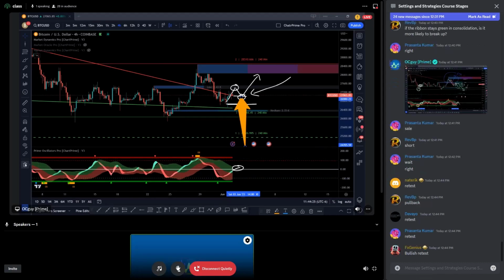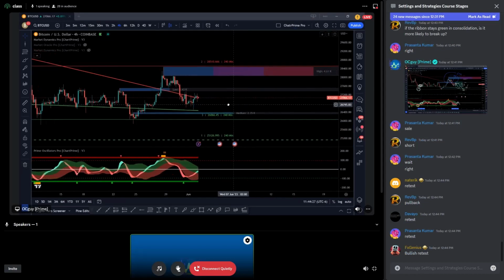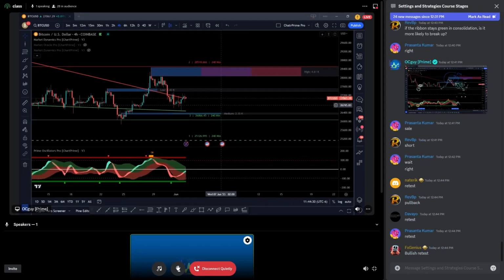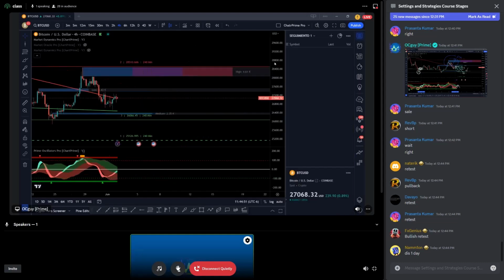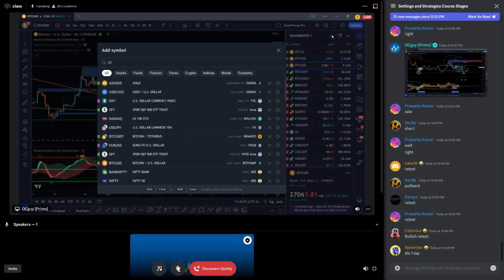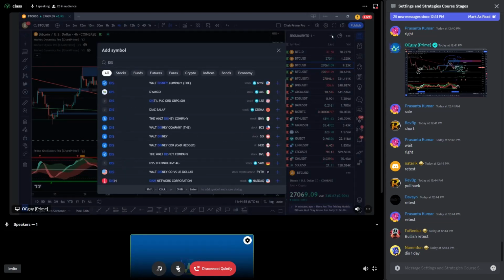So let's remove everything, right? And let's do a cool exercise today. I do remember somebody was on Disney. Please let me know what the ticker of Disney is and let's take a look at it. I will be removing all of my indicators and re-adding them as I previously did in the previous section, and we'll go over it. All right, so this one day, correct. Let's do this. And here we go. This is it, right? Disney.